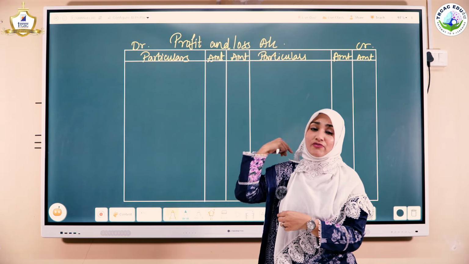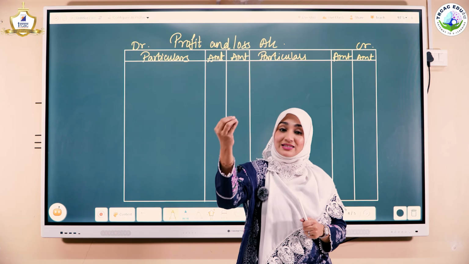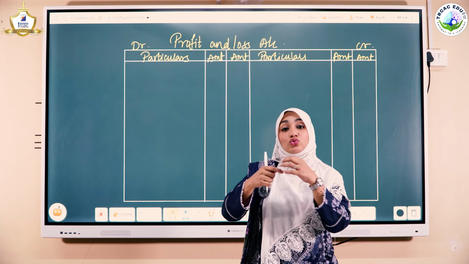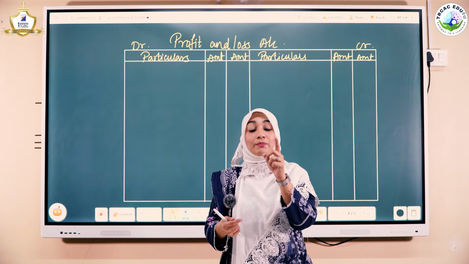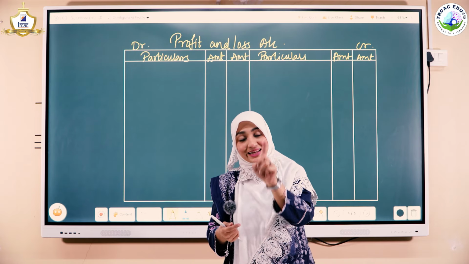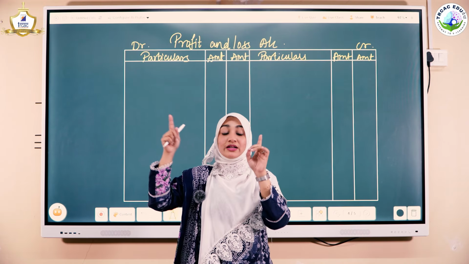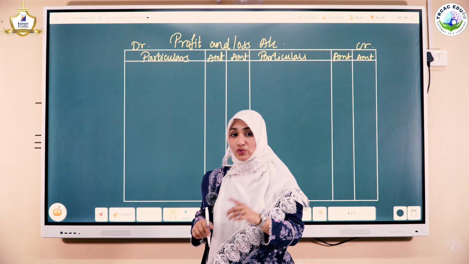Now, tell me, if I am having an office or a shop, I'll be having salesmen there. I'll be having workers, employees there. So, to those workers and employees, to those salesmen, what I'll be paying? I'll be paying them salary. Yes, that's the difference. In trading account we have wages for laborers and in profit and loss account we have salaries to employees. Okay,